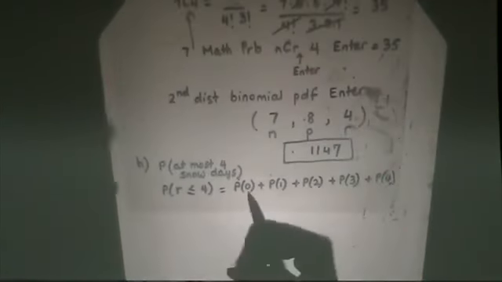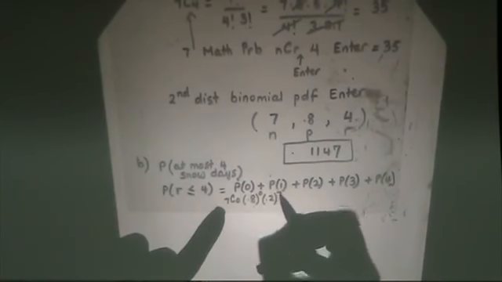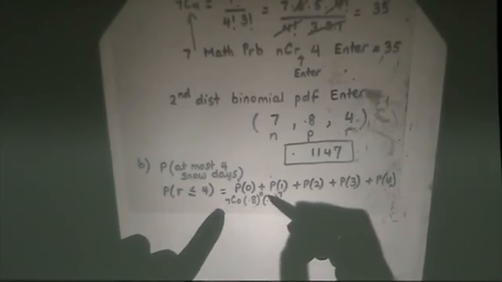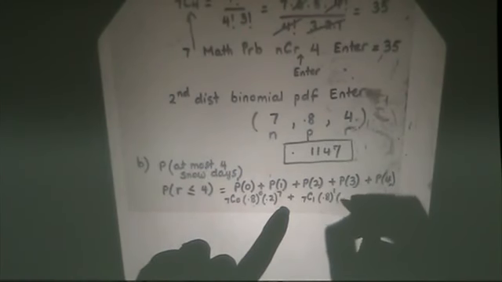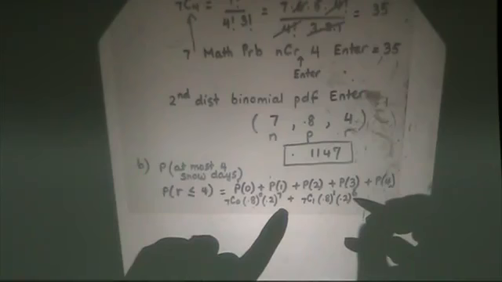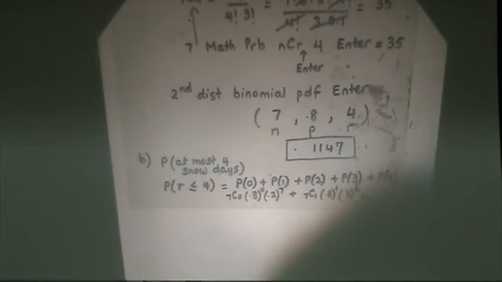So this is what I'm trying to say. I would have to do 7 choose 0, 0.8 to the 0, 0.2 to the 7. That's exactly no snow days. Plus 7 choose 1, 0.8 to the 1, 0.2 to the 6 power. Because if I have 1 snow day, then I have 6 of no snow. You follow? And you'd have to keep going like that until the last product, which is